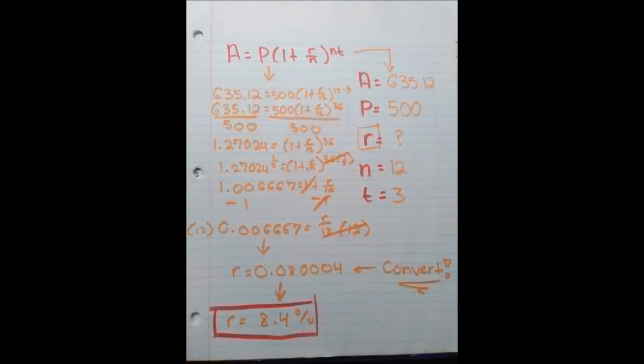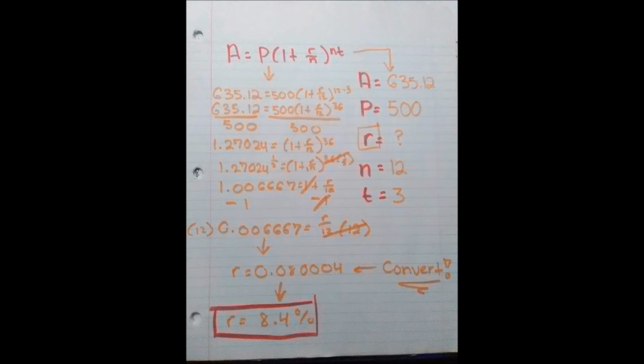We then get rid of the exponent by raising both sides to the power of 1 over 36, effectively removing the exponent. This becomes 1.006667, and afterwards, since the parentheses are then gone, we can continue our process of isolating the variable. We do this by subtracting 1 on both sides, and finally multiplying by 12 on both sides to finally isolate r. R in the end is